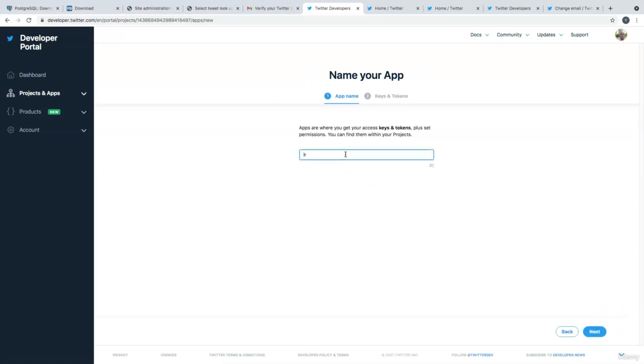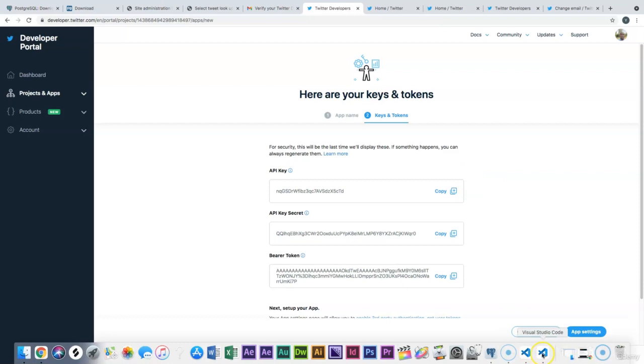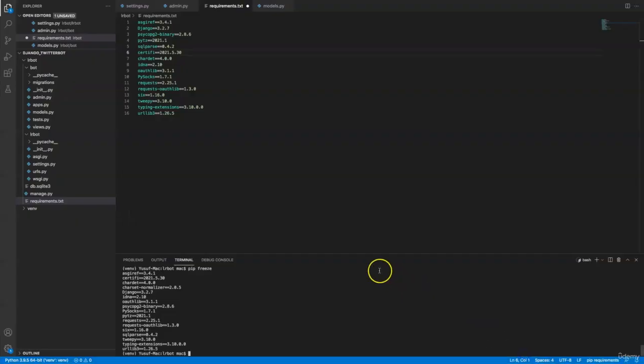App name, I'll also just say LR bot, and then I'll press next. Okay, LR tour bot. Okay, so I'll press next. So we have our app created. Now the next thing that I need: I need API key, I need API key secret, I need access token, I need access token secret. Okay, and I need to add them on my project,